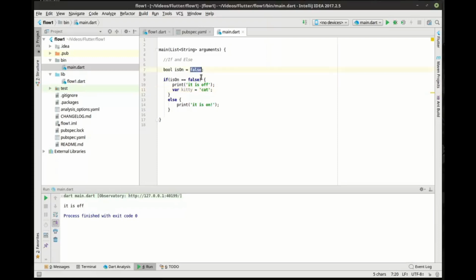Now if we change this to true and run this, it is on. So you can see how you have control flow here. This statement is being executed because it is true. If we flip it back to false, then this statement will be executed along with this variable being created. So